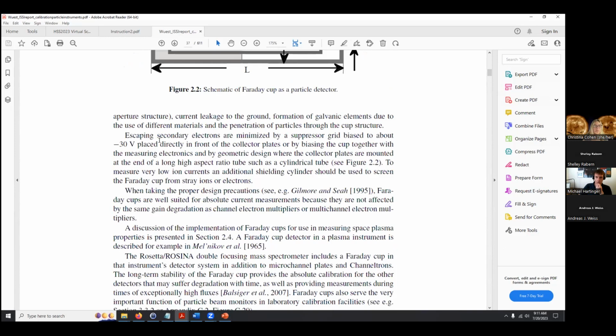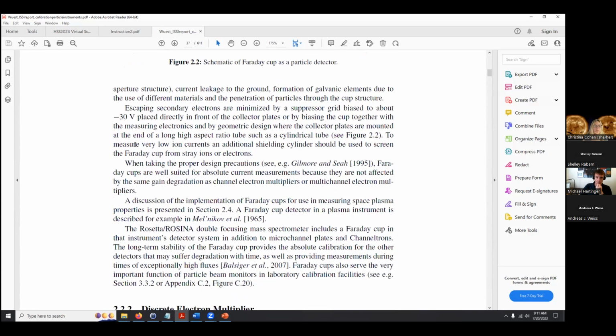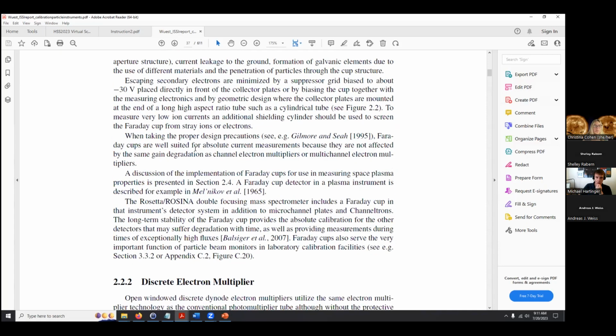So it says there might be issues with escaping secondary electrons. And there should be, to measure very low ion currents and additional shielding, there should be use of screen. So I think again, for Andreas, the short answer is Faraday cups are probably affected by unwanted signals from